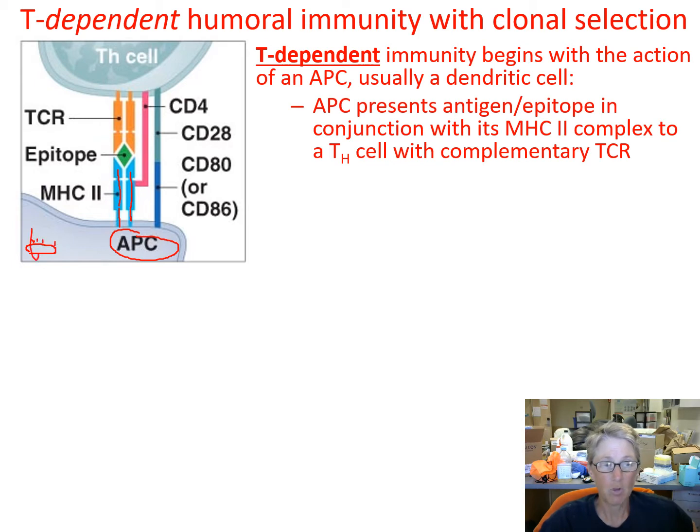And remember, it chopped it up, and then it took a piece of the pathogen, which would be this green diamond, and it put that epitope from the pathogen into the MHC2 complex here, and then presented that on its cell membrane, and then a T helper cell with its T cell receptor